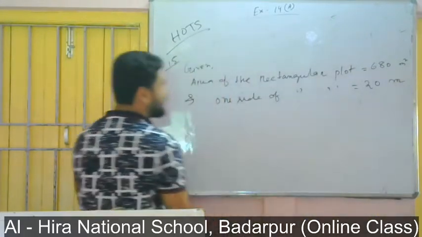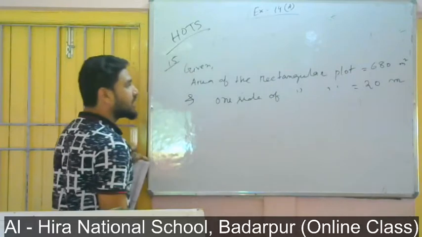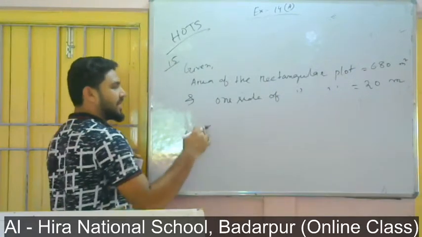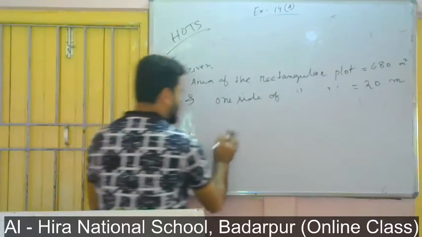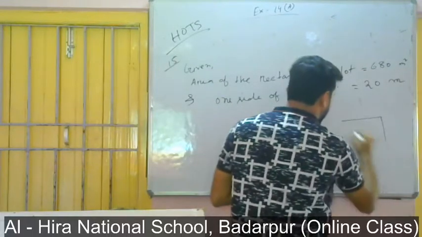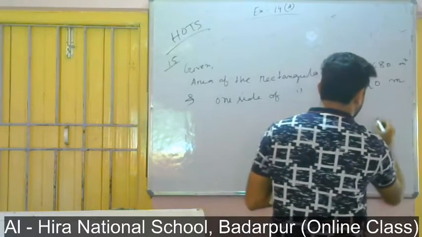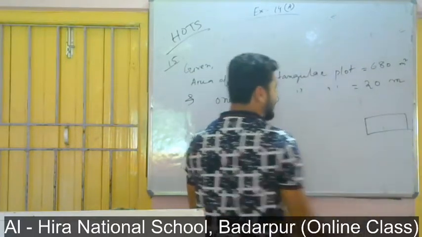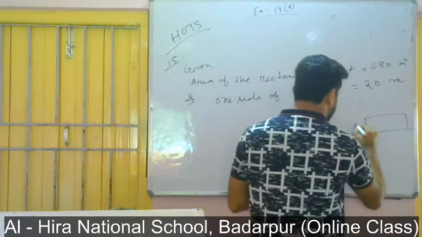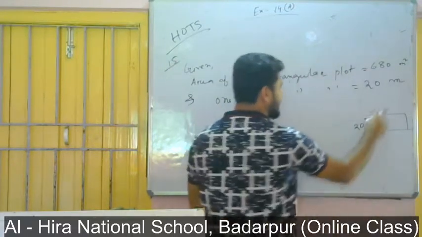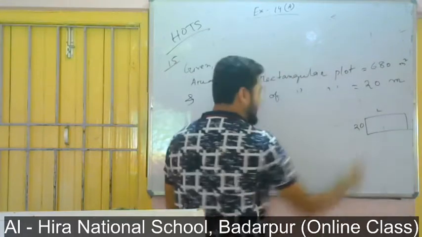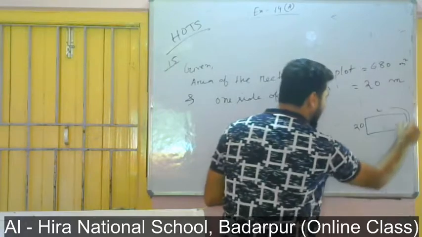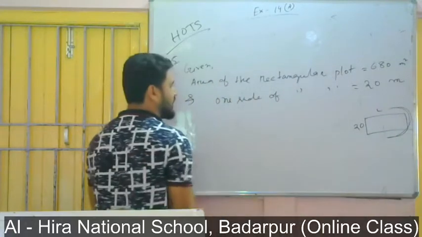Now from there you can find the length of the rectangle. After that we will apply the perimeter formula. From that we will subtract one breadth. Just assume this one as a rectangular plot. One side is given, 20 meters, so you have to find the length. After finding length, we will subtract one side, then we will find the measure of the other side, and that will be the answer.